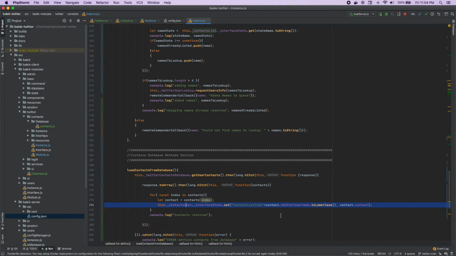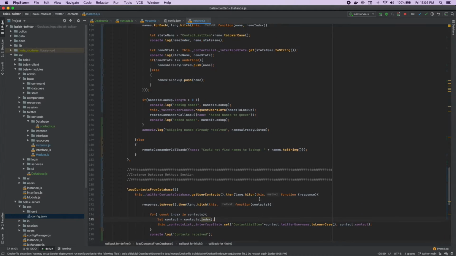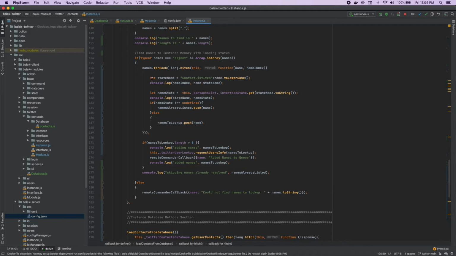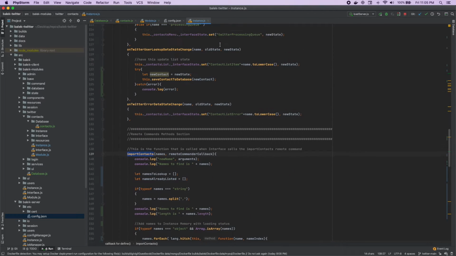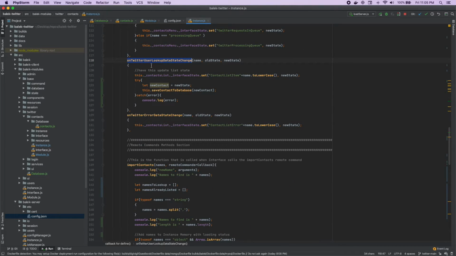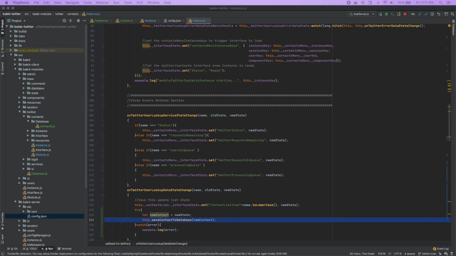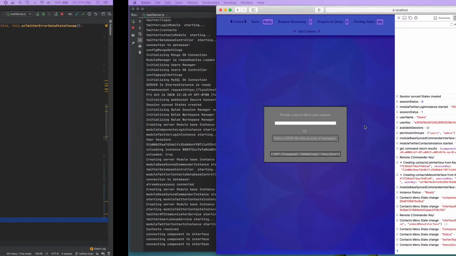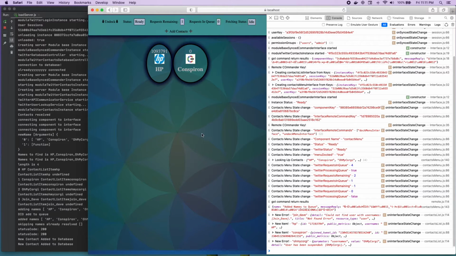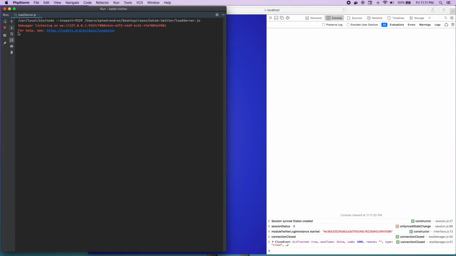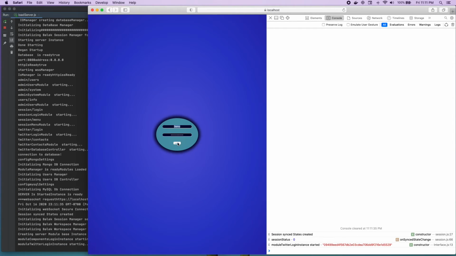We now check the contact list interface state before requesting a user from the Twitter API in our import contacts function. And in the onTwitter user lookup data state change function, which updates with the Twitter API service, we save contact to database. With these changes in place, we can see that our Twitter API results are persisting between instance reloads, and if we try to look up a user that is already in the database, we skip sending it to the Twitter API service.